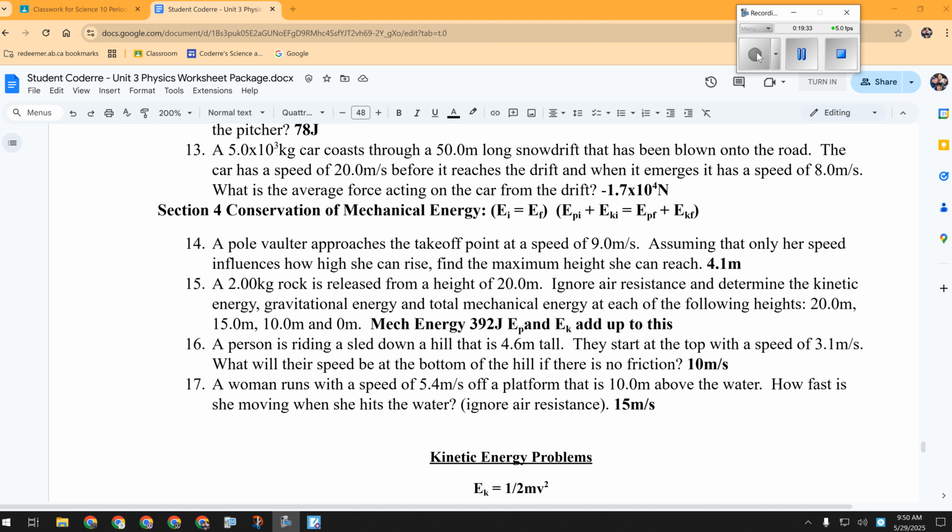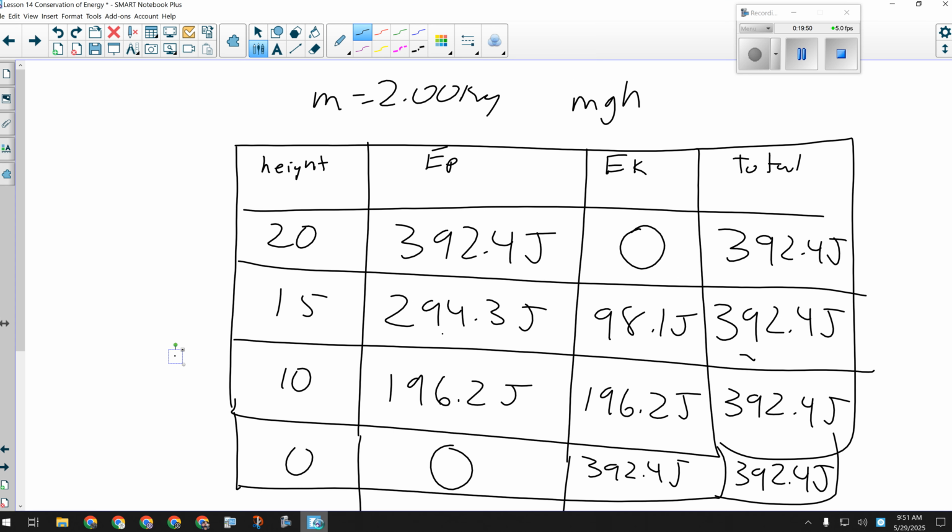So you can see that in a question like that, the context is very different. There's obviously something being done. Work is being done because the energy is changing. If this was a conservation of energy question, the car would have gone right through the snowdrift and not slowed down at all, which is impossible. So in this context, work has to be done. So if we bring that over,